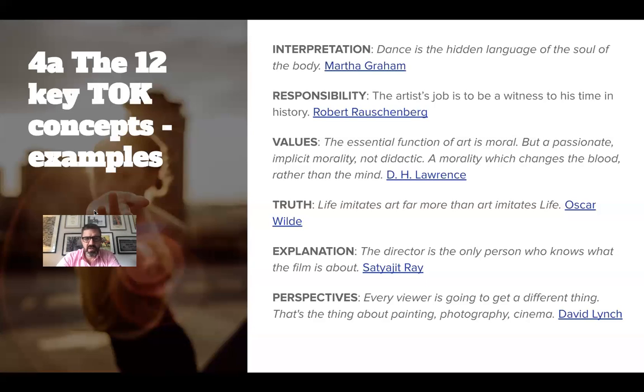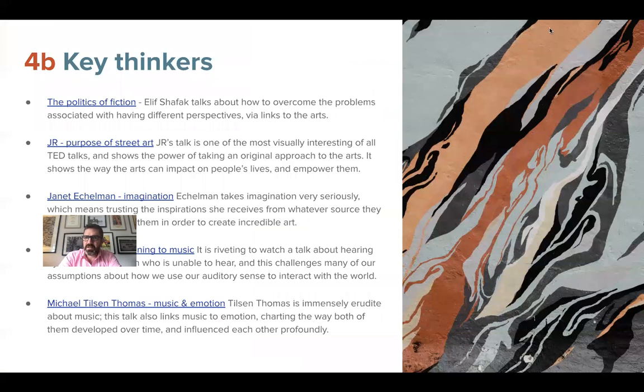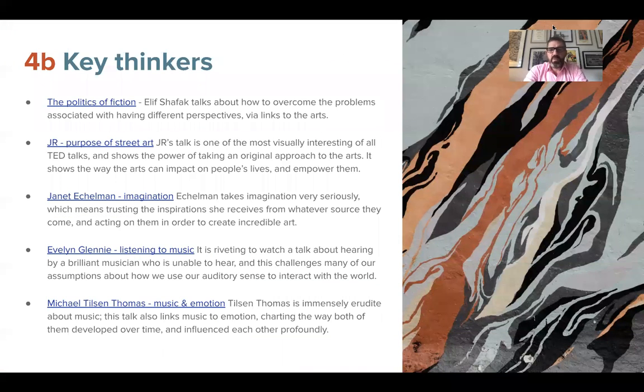Okay, so those are some concrete examples. Now we also look at a lot of key thinkers. There are a lot of TOK heroes, people such as George Orwell and philosophers such as Kant, a lot of big thinkers out there that you would expect, Plato and Socrates and so on, not just philosophers, but writers, artists, scientists, and so on. So there's a lot of them embedded in the course,